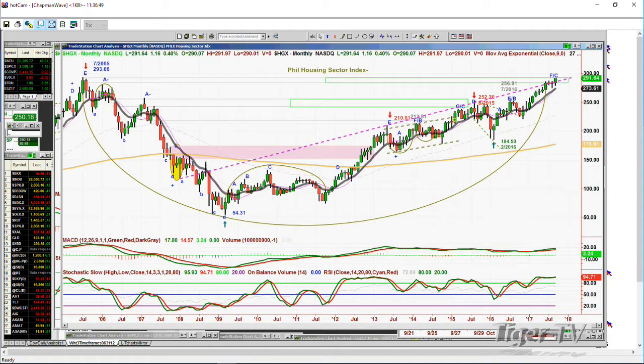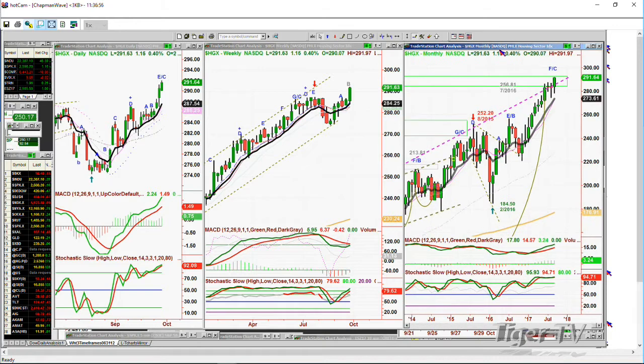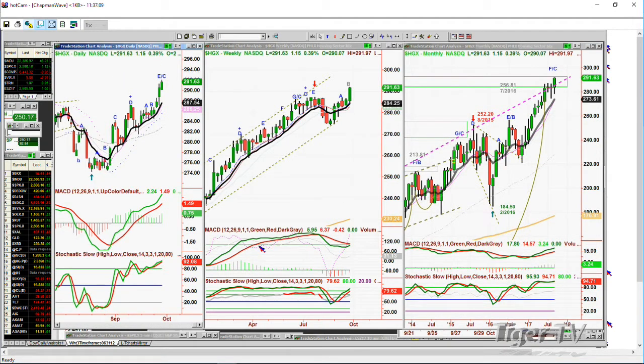This is a monthly chart of the Philadelphia Housing Sector Index. Did I say NASDAQ? I don't know why I said NASDAQ. It says NASDAQ, Philadelphia Housing Sector Index. It used to be clear, Philadelphia Housing. So this is the Philadelphia Housing Sector Index, and it's traded on the NASDAQ. I don't know what the heck's going on. Anyway, I've followed this for years. I didn't ever see the NASDAQ sign. So now let's go on to,